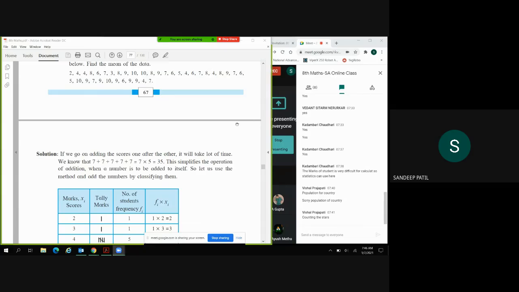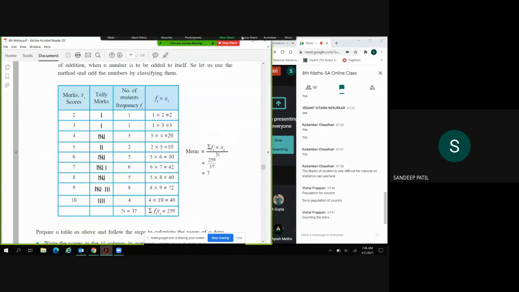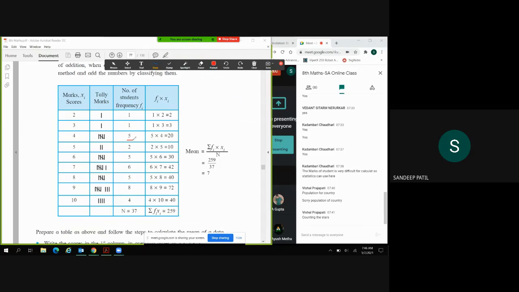सो हम क्या करेंगे, अभी फोर को यहाँ 5 टाइम्स लिख दिए। और हम क्या करेंगे, नंबर ऑफ स्टूडेंट्स इनटू फोर इज इक्वल टू टोटल लिख देंगे इस टेबल, इस कॉलम में।